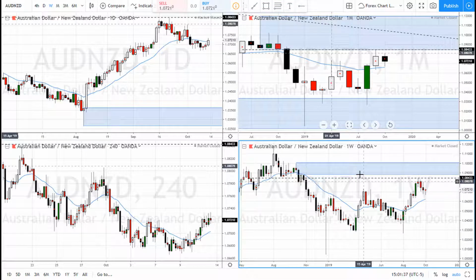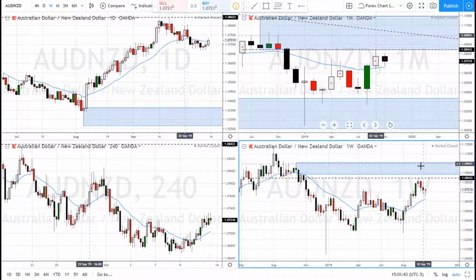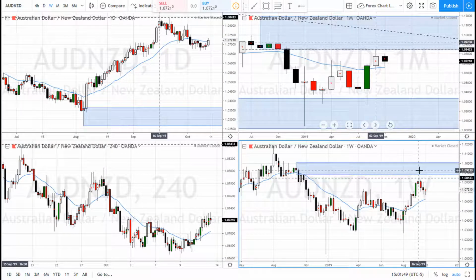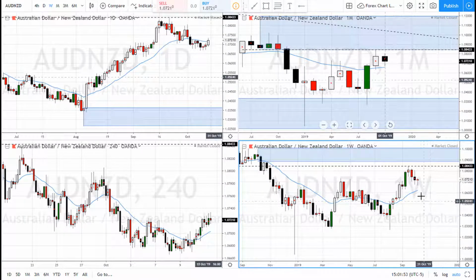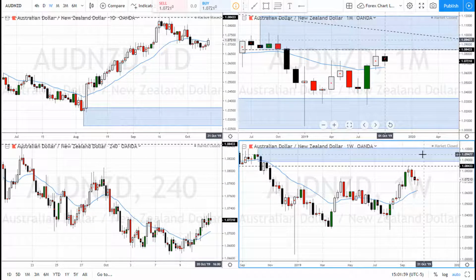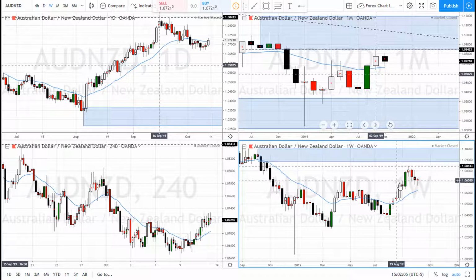On the weekly, price did not touch the area of supply on the weekly, but it did touch the higher time frame supply zone, which is that dotted line I drew there. So we're expecting a move to the downside, or it could come back up and actually touch the zone and then go back down. But right now, then this area of demand,